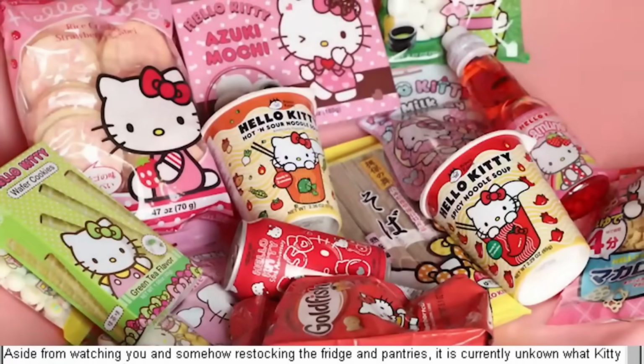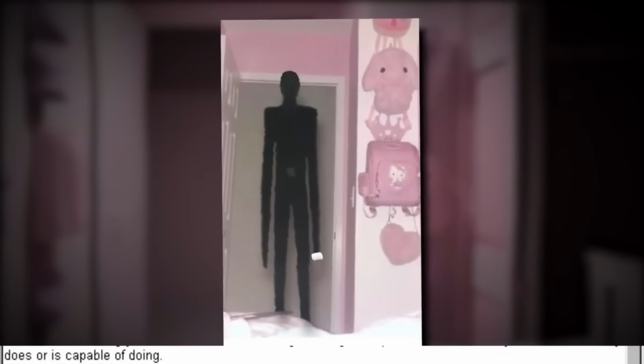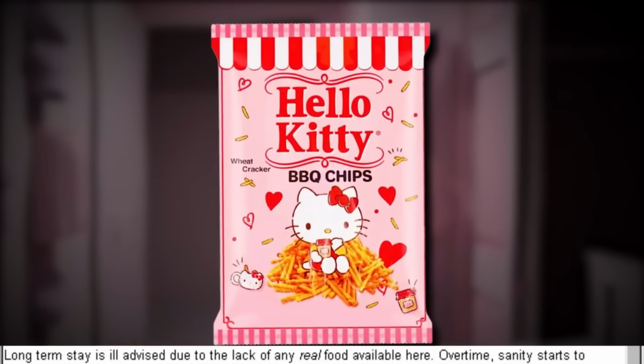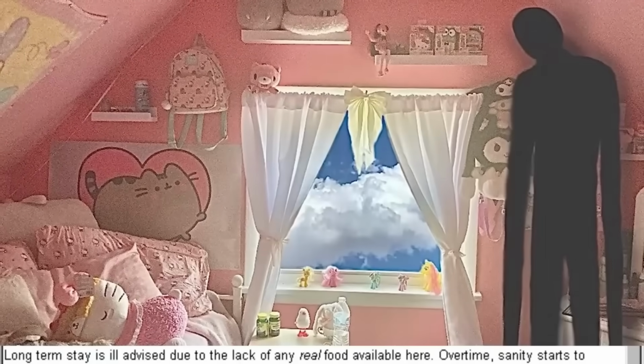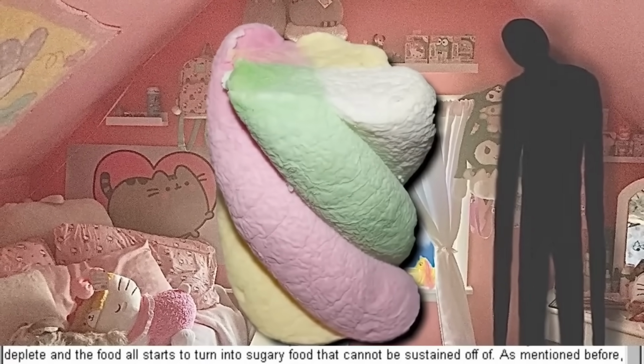Aside from watching you and somehow restocking the fridge and pantries, it is currently unknown what Kitty does or is capable of doing. How do I leave? Long-term stay is ill-advised due to the lack of any real food available here. Over time, sanity starts to deplete, and the food all starts to turn into sugary food that cannot be sustained